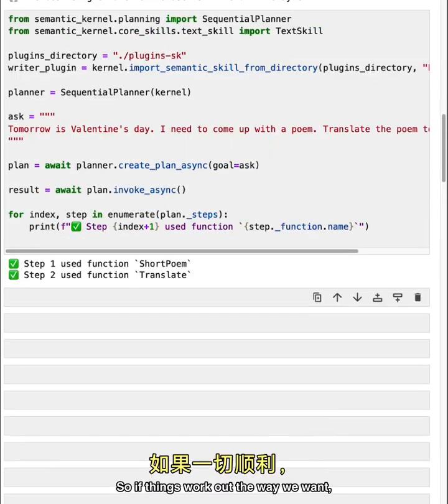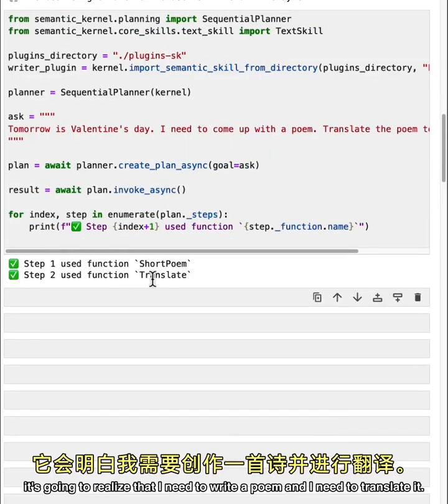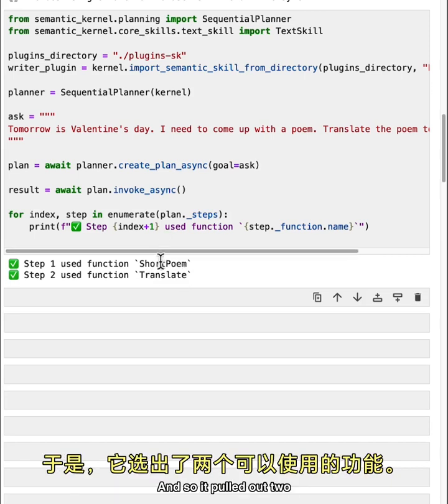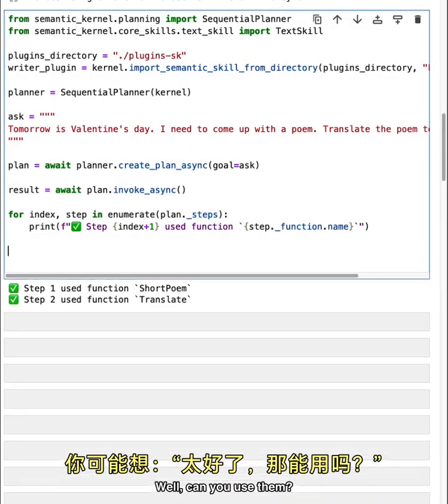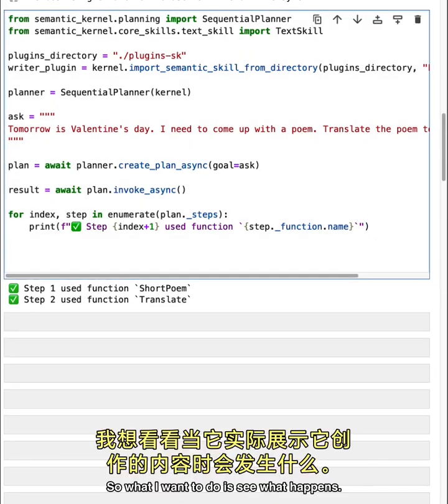And so if things work out the way we want, it's going to realize that I need to write a poem and I need to translate it. And so it pulled out 2 functions to use. And you're like, well, great. Well, can you use them? Absolutely. So what I want to do is